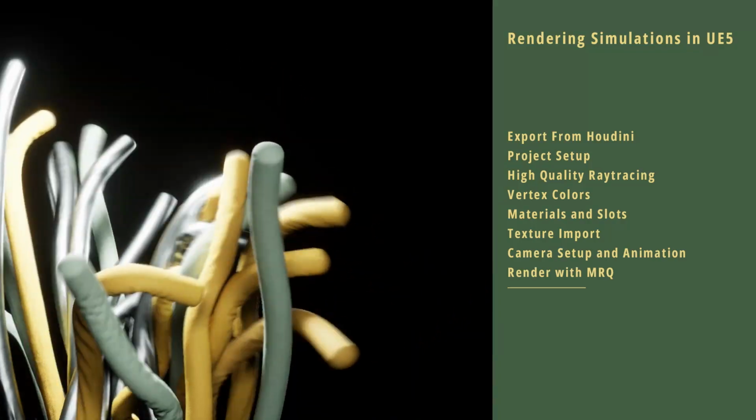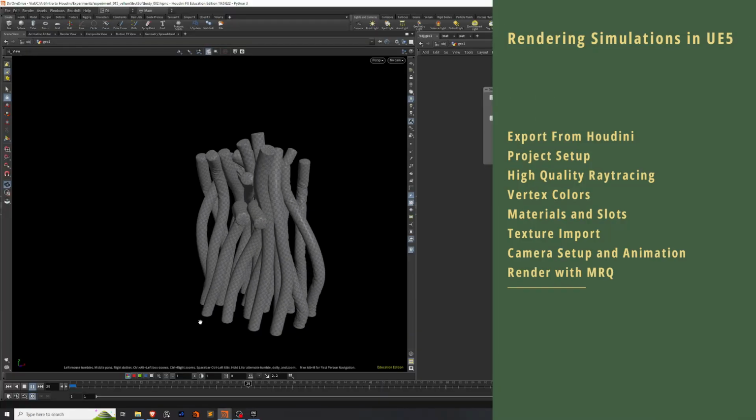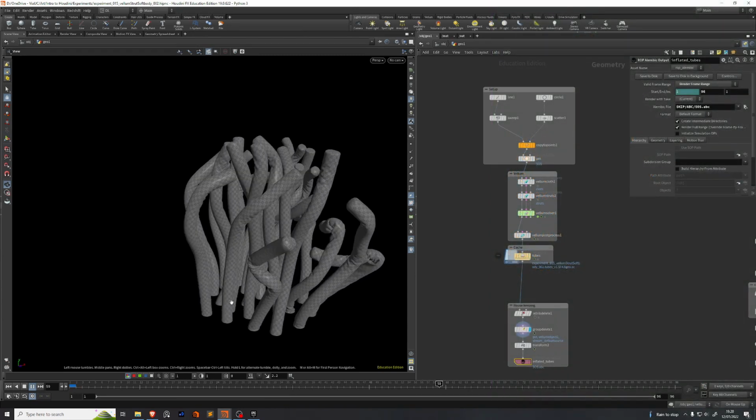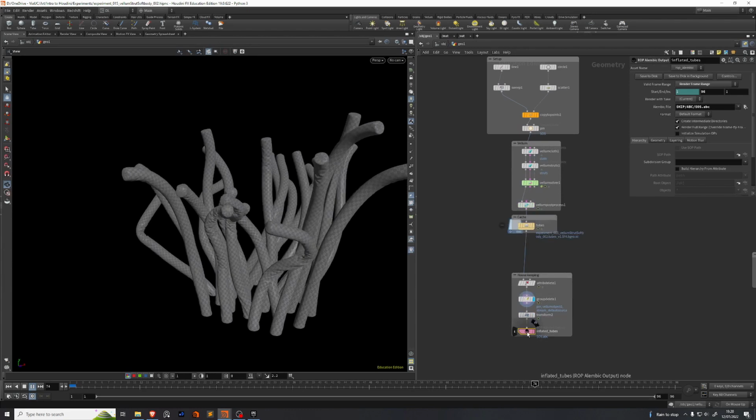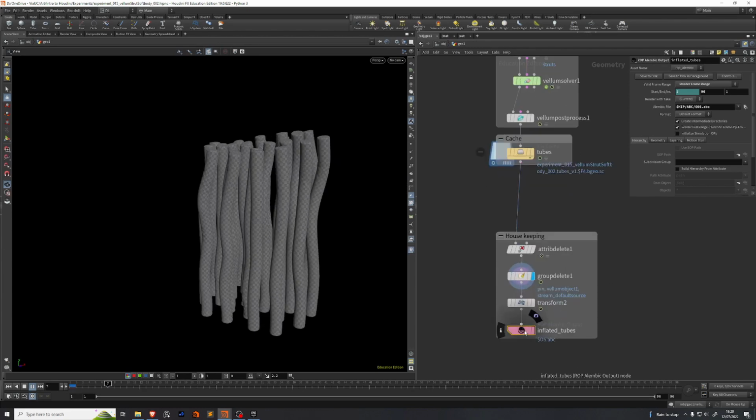Hi, today you're going to learn all the things listed on screen. So you've made this really cool Vellum simulation and you want to render it in Unreal. What do? Well, we're going to be exporting as Alembic, so you drop down an Alembic ROP at the end